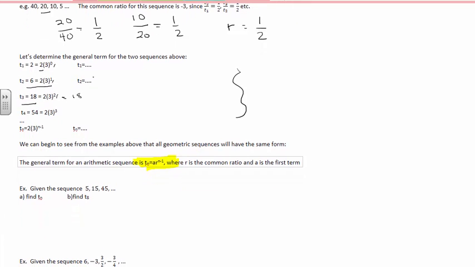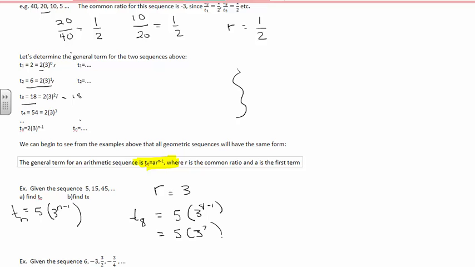Move this out just for some space. So if we're writing a general formula here for this sequence, 5, 15, 45, we can see that r is 3, multiplying by 3 every time. So Tn is equal to 5 times 3 to the power of n minus 1. Now keep in mind, our general term we leave like that with the n's in it because it just gives us a formula where we can solve for any n value at all. For example, like term 8. So we have 5 times 3 to the power of 8 minus 1. We have 5 times 3 to the power of 7,